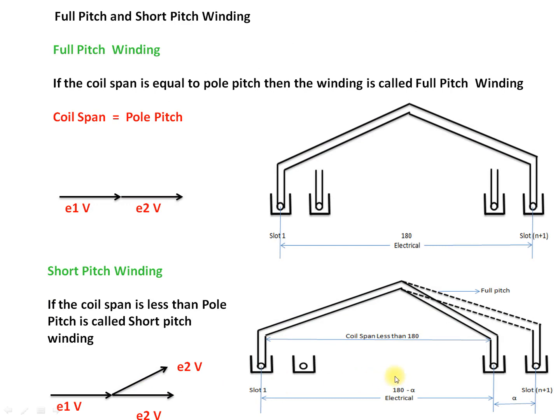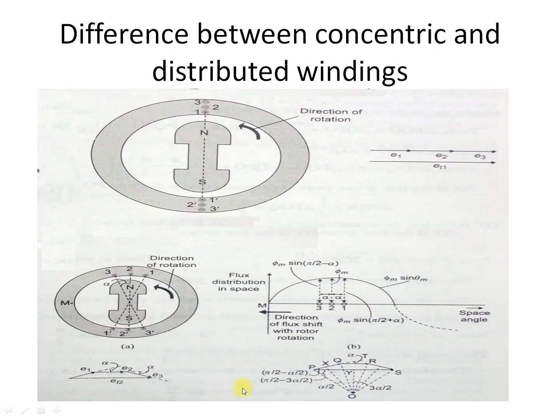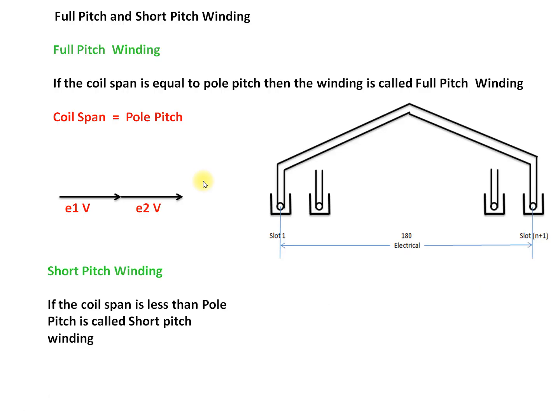Okay, so this amount of pitch angle is going to be giving the value of pitch factor. So this is going to be one of the major design factors in case of concentrated windings and the distributed windings too. So the next will be the difference between the concentric and the distributed windings,